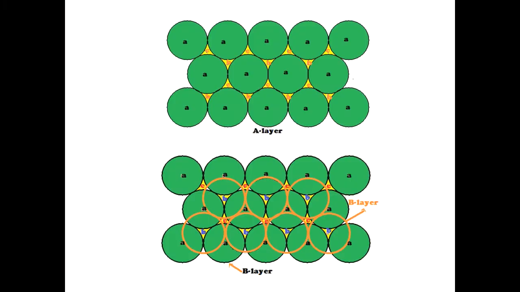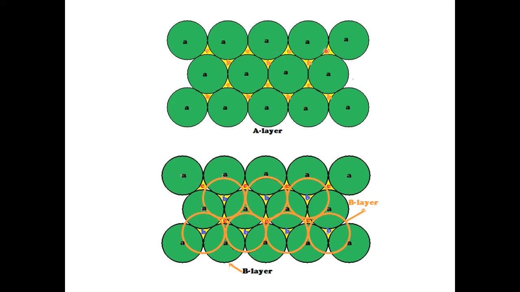Why is this known as hexagonal? Because consider this atom, it's surrounded by 6 other atoms. When one atom is surrounded by 6 other atoms, its coordination number is 6. So it's known as hexagonal. This is the first layer. The first row is arranged this way and the second row is arranged between the first two atoms that way. So this makes up one layer, the first layer.